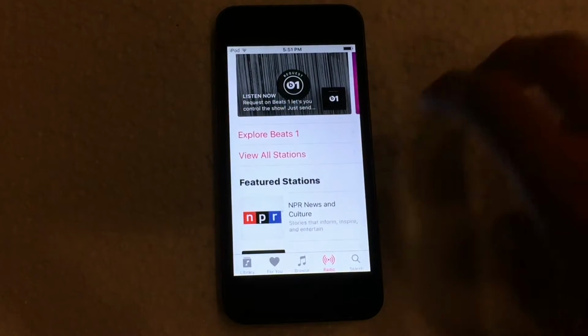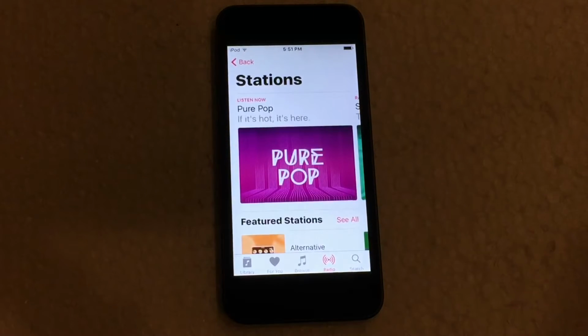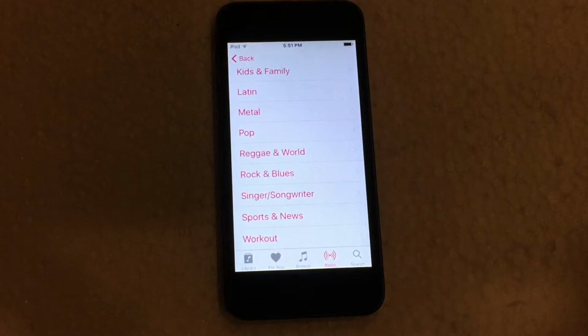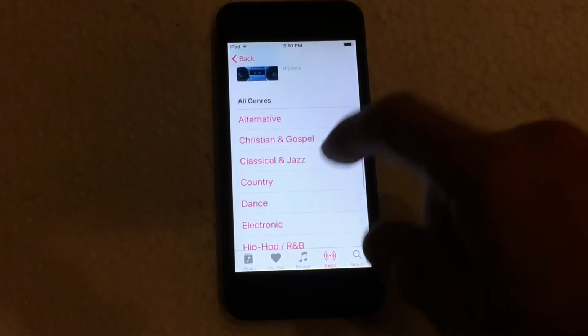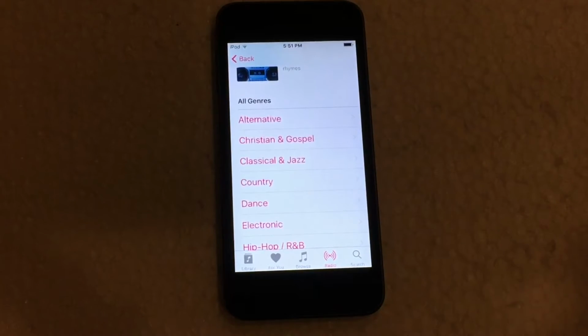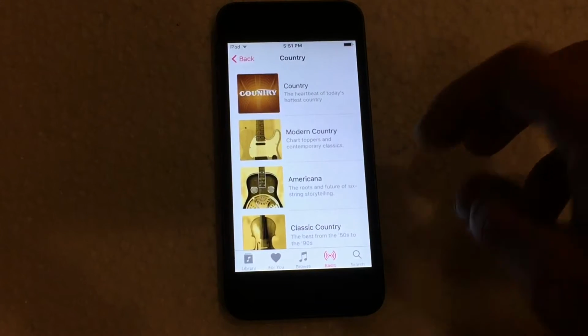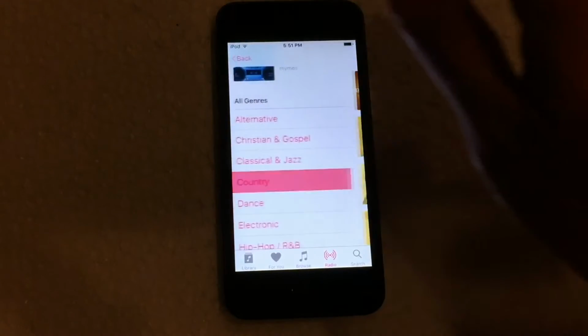And then you can explore Beats 1, you can view all stations, you can click that, and then it'll take you over here and you can view all of the popular genres of radio stations that you can choose from, such as, say, pop. You can do hip-hop and rap, dance, country, whatever you'd like. You can click on any of these and then choose the radio station that you would like. And then if we go back,